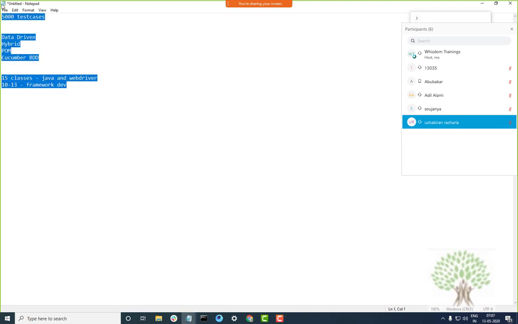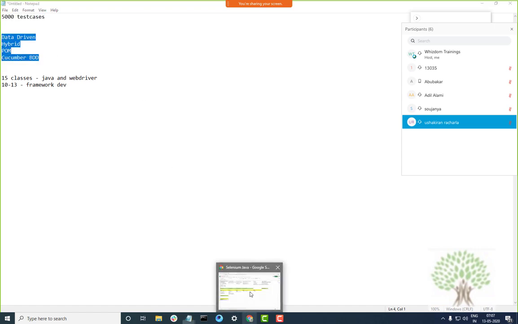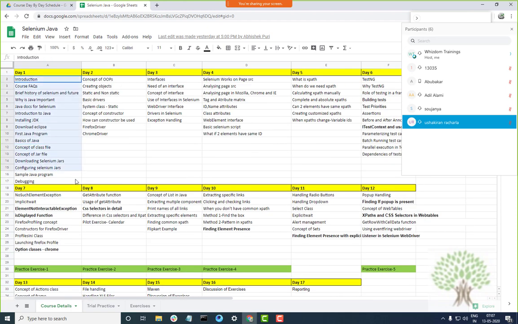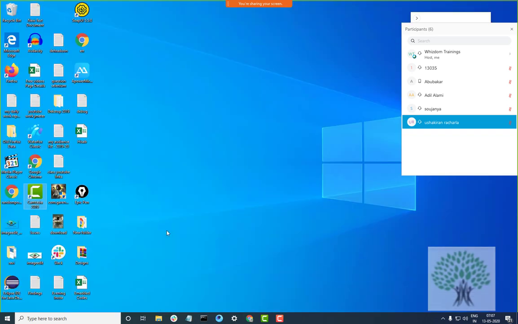Getting started with Selenium, as I told you, the major objective of the training is to help you develop a framework. But before that, we have to start from the very basics, and let's start with introduction to Java and basic downloads and configuration of Selenium today, and then we will move over to object oriented programming and all later on. Fine. Now talking a little bit about Selenium first.